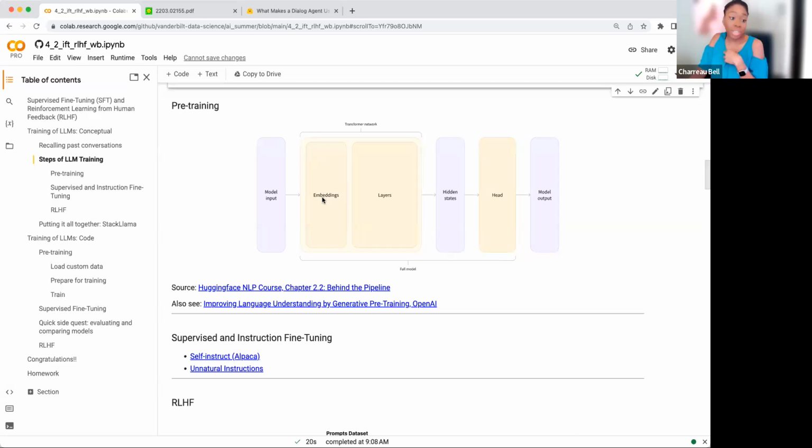Pre-training. So when we are pre-training in this context for generative AI, again, we have the same exact thing. One more time, this is our transformer. We have a GPT decoder-only architecture. The head is going to be a language modeling head, which is a causal language modeling head, meaning that it is predicting the next token. And this is how we are training our model.